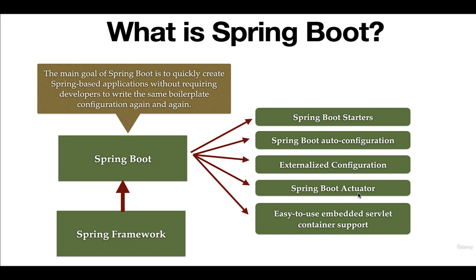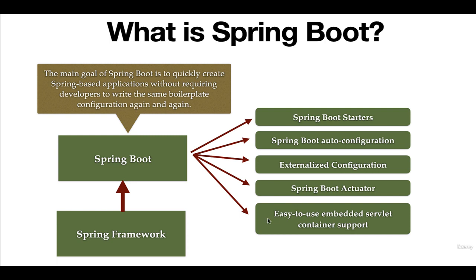Next feature is Spring Boot Actuator. Spring Boot Actuator provides a wide variety of production-ready features without requiring developers to write much code. It means Spring Boot Actuator provides out-of-the-box REST endpoints as production-ready features. We can use Spring Boot Actuator provided REST APIs to view the application bean configuration details, the application URL mappings, environment details, and configuration parameter values. We can also use Spring Boot Actuator REST endpoints to view the registered health check metrics as well. So Spring Boot Actuator basically offers a lot of REST endpoints that we can use as production ready